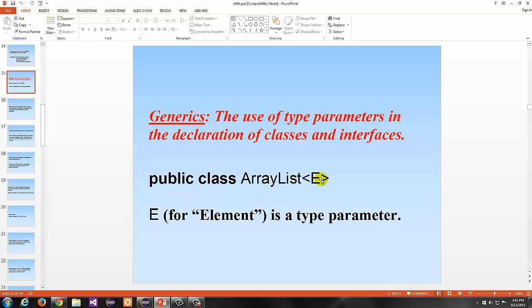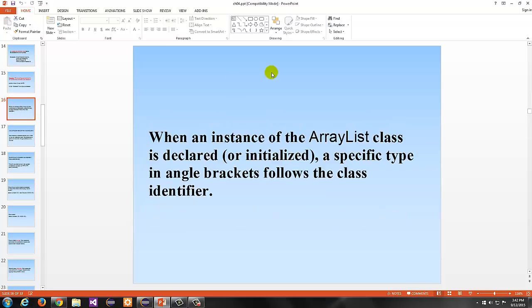E stands for element. That's a type parameter. Now, type parameters go within angle brackets. Those are the less than symbol, then you put the type, and then the greater than symbol. So it's similar in some ways to the parameters in method definitions, but these are called type parameters. When an instance of the class is declared or initialized, a specific type in angle brackets follows